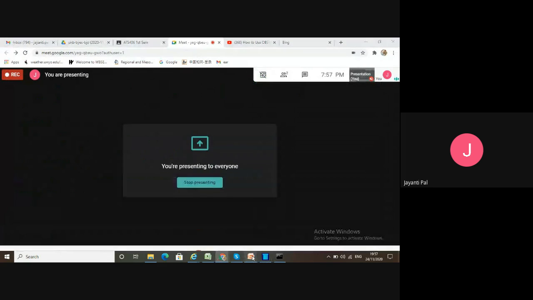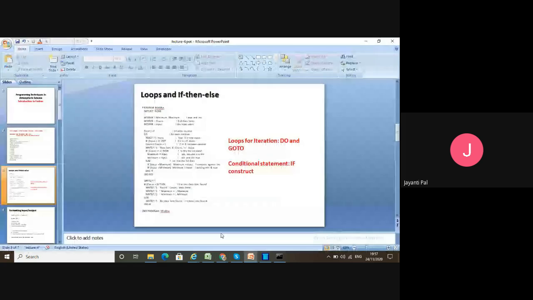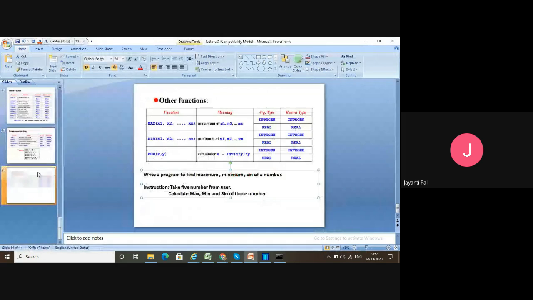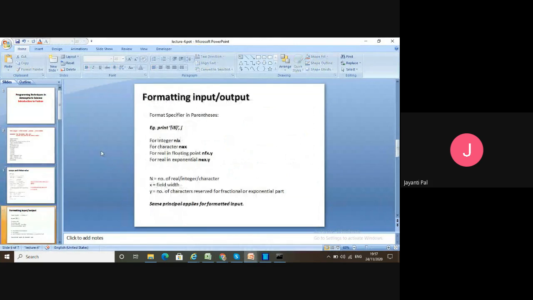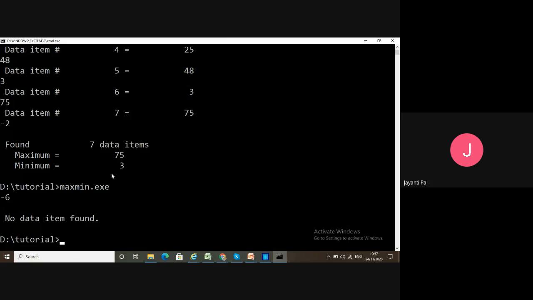And the next one is formatting, how you can format your input and output. If you look at the input and output, the input looks like a real, sorry, an integer thing.